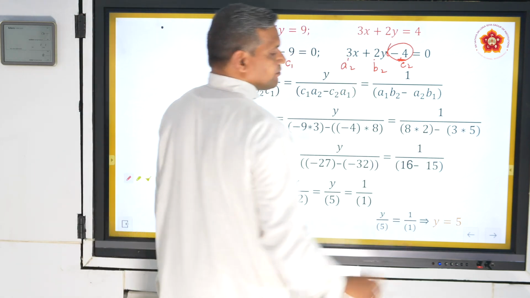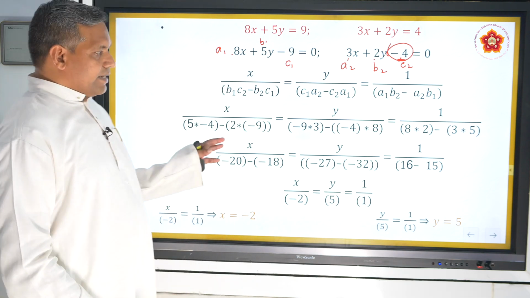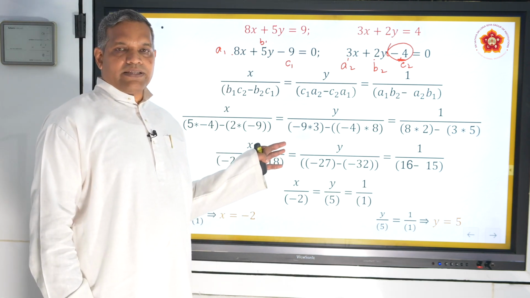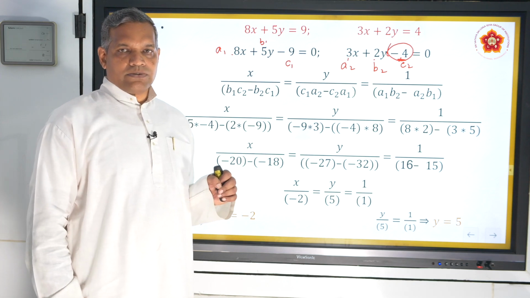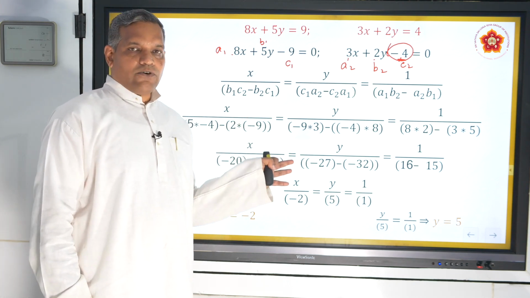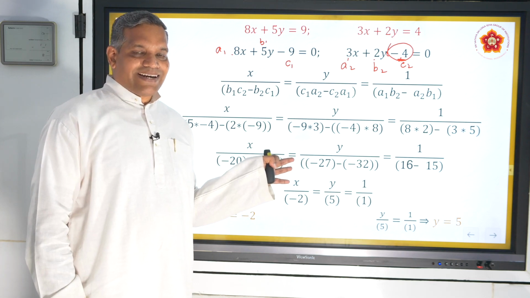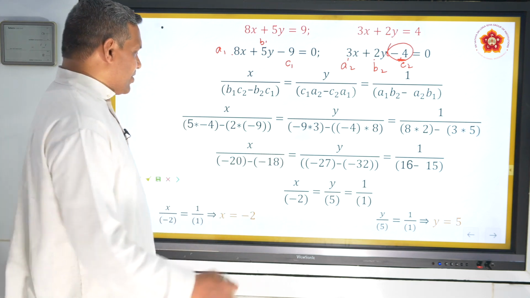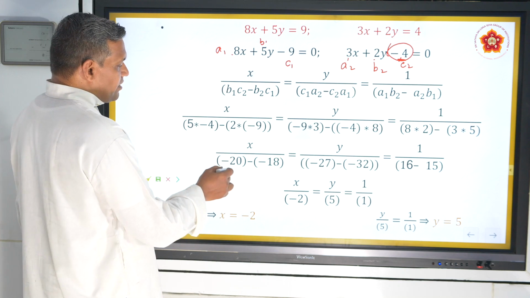So 3 into 5. Now it is such a simple thing that you should never forget the DMAS rule. First operation is multiplication, next is only subtraction. That you should follow. A 4th, 5th standard kid can also solve this. Let's look into it. So now 5 4s are 20, it's minus 20.